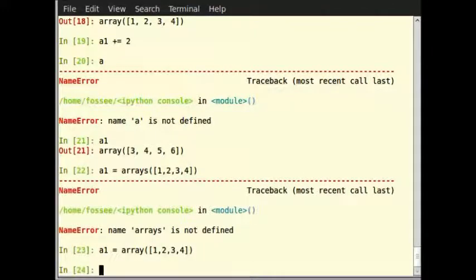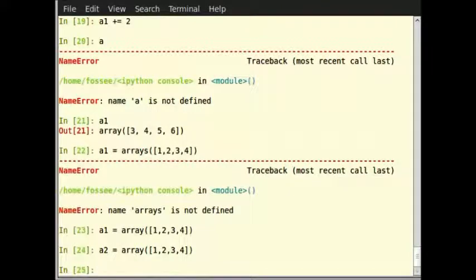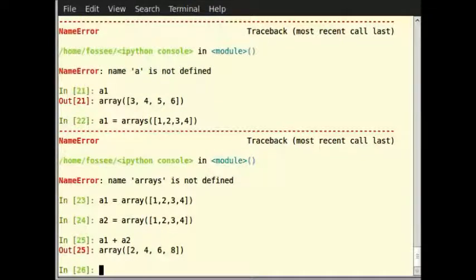Then A2 is equal to array in square brackets 1, 2, 3, 4. So type A1 plus A2 and hit enter. This returns an array with element by element addition.